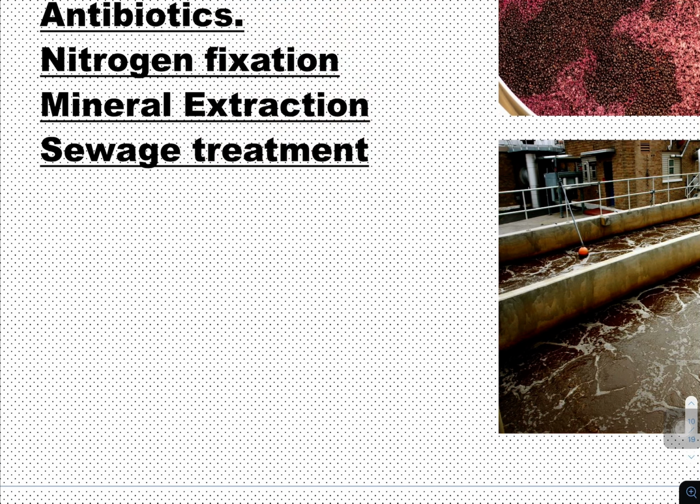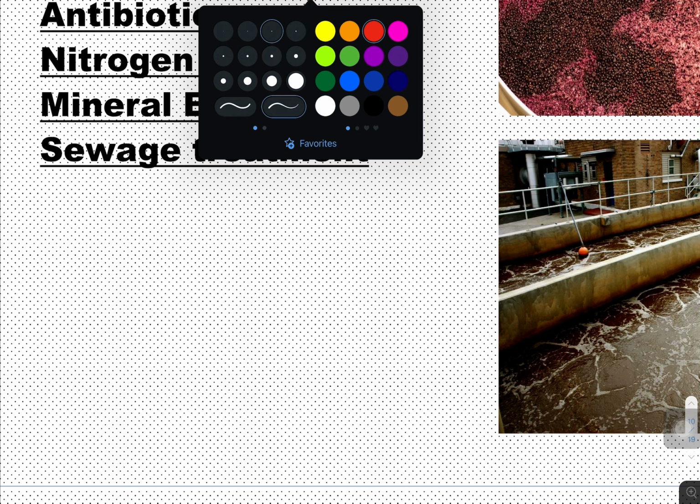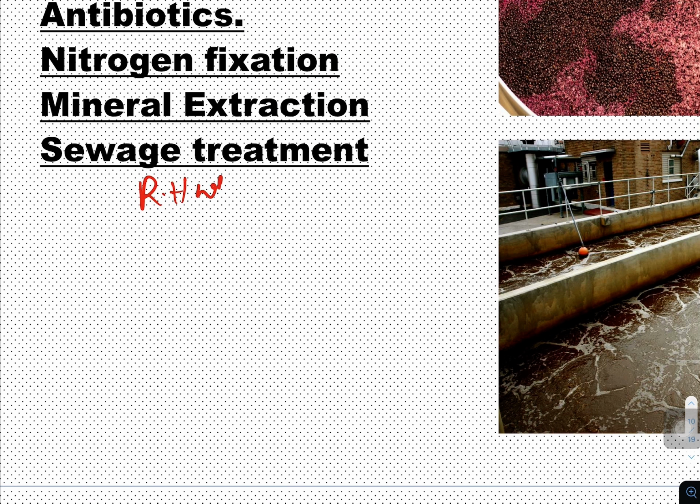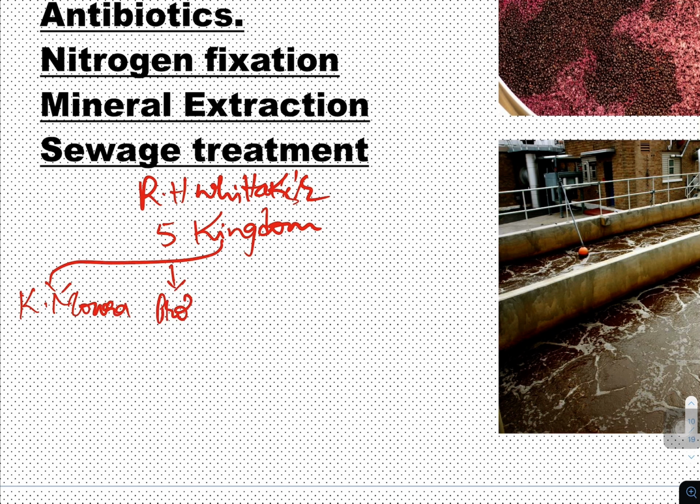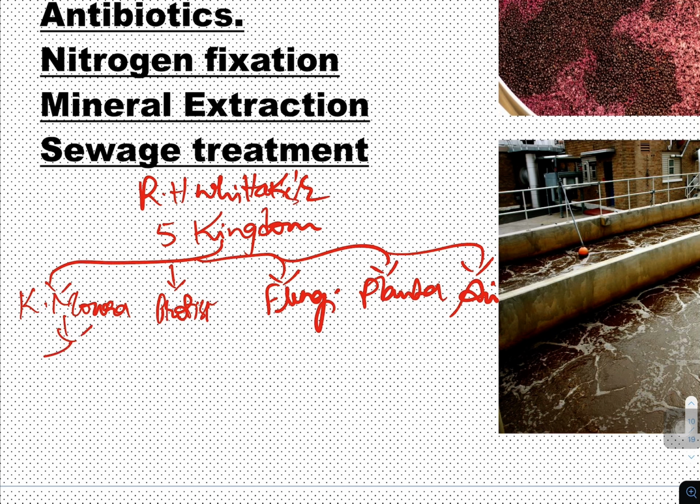So, one short revision as we have studied. First is R.H. Whittaker's five kingdom classification, isn't it? He gave kingdom Monera, Protista, Fungi, Plantae, Animalia. Kingdom Monera is again divided into